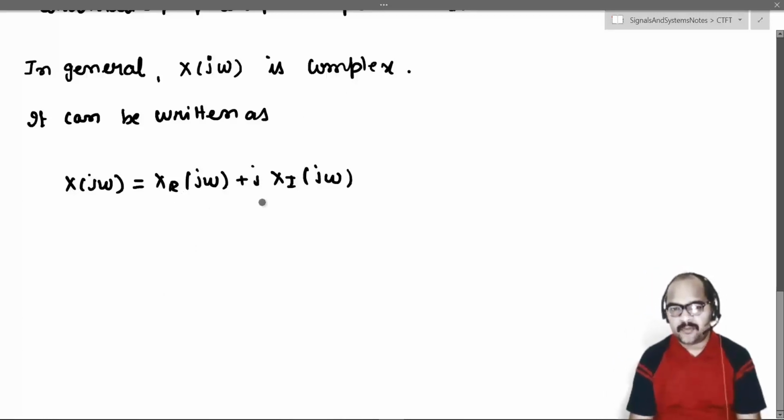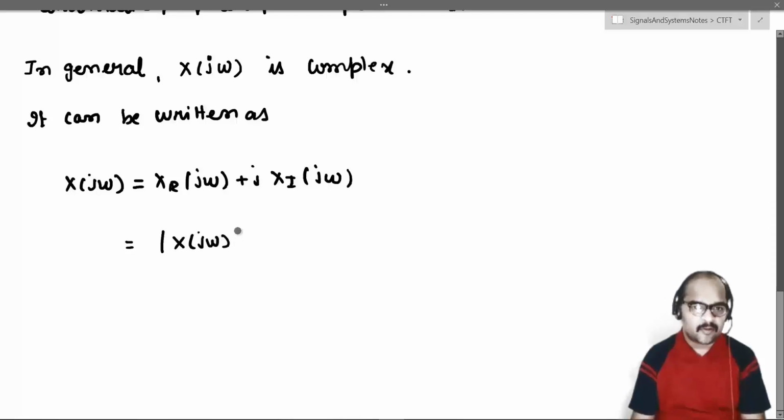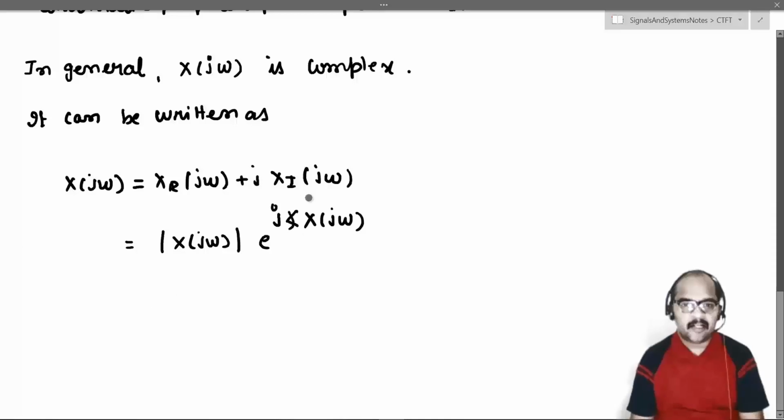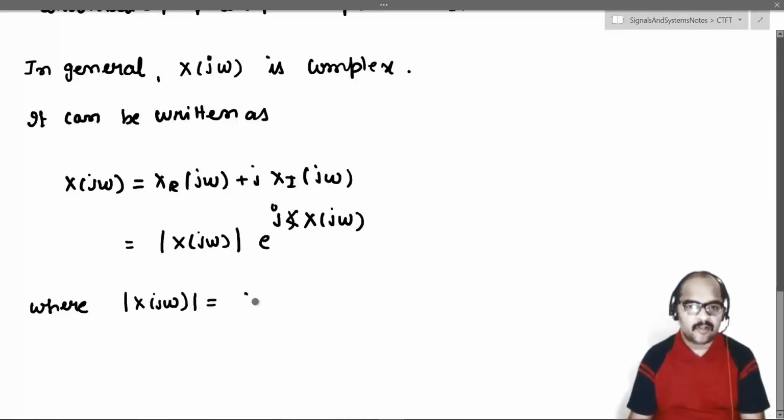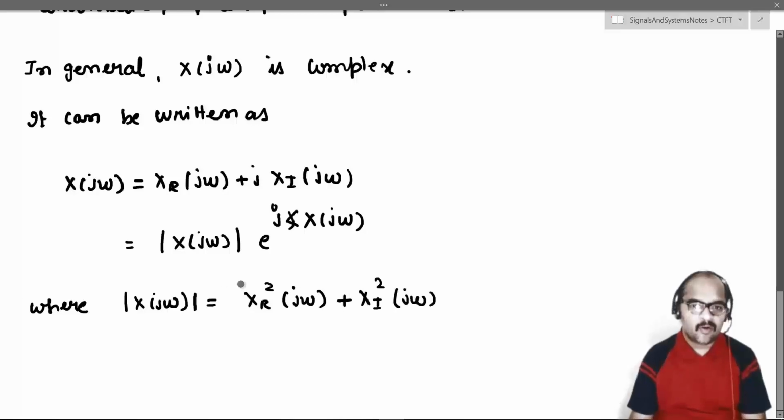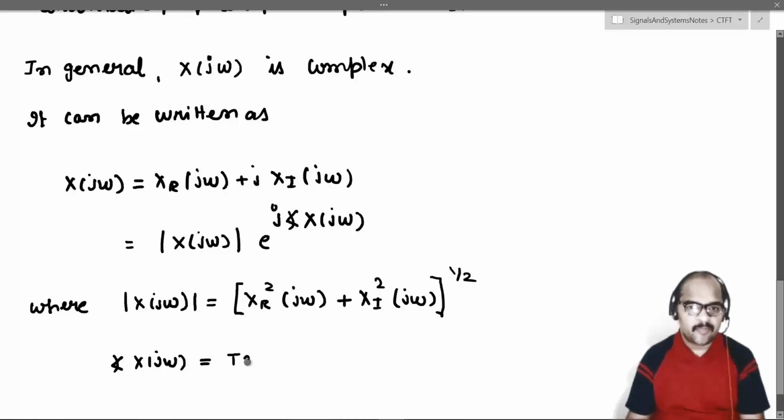Why? Because it is complex, we can write it in terms of real part plus j into imaginary part, or we can write it in polar form, as modulus of x of j omega multiplied with e power j times angle of x of j omega. Here modulus of x of j omega is equal to xr square of j omega plus xi square of j omega, whole power half. And angle of x of j omega would be tan inverse of